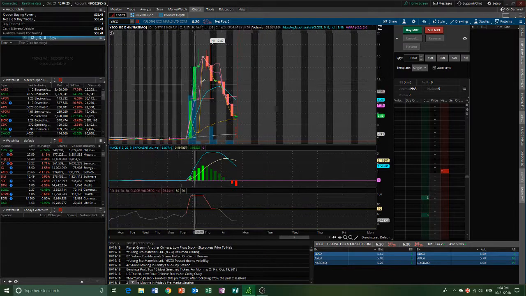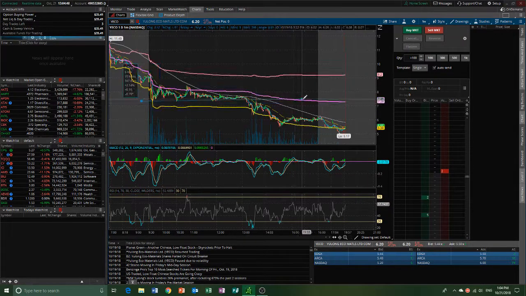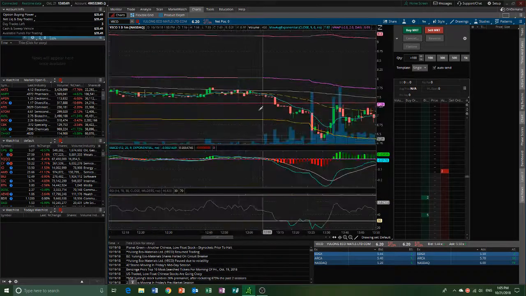So we flew up. You could see how overextended this move was. I mean, we flew up over 1,000% here, and look at this consolidation back down. So let's look at the 1 day, 1 minute, because this is a penny stock and you want to most likely be looking at the 1 day, 1 minute and looking at pre-market highs and stuff like that. So here we could see that there is a line of support around this $7.37 level, and so we came up, we bounced off our support, we consolidated, and then look at this rip